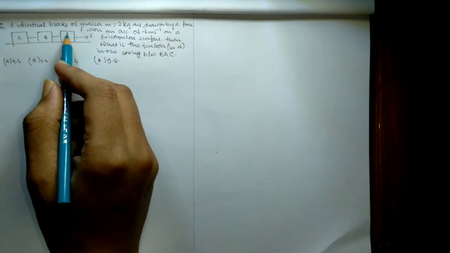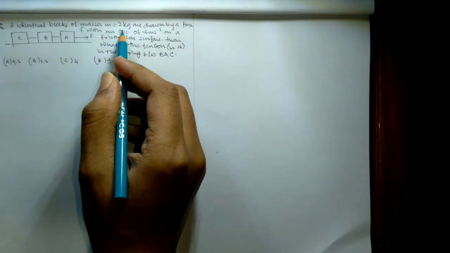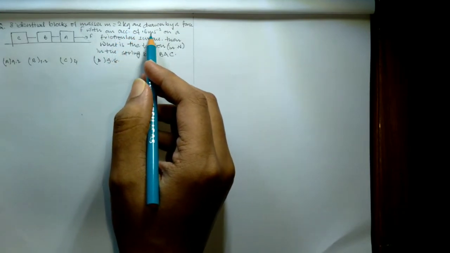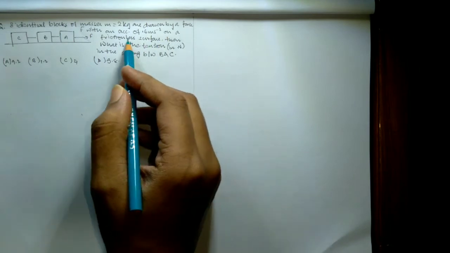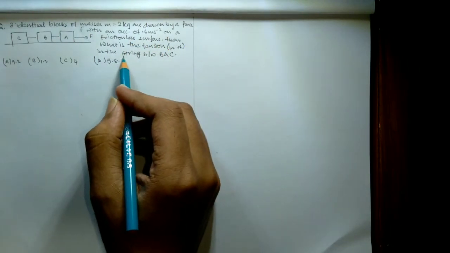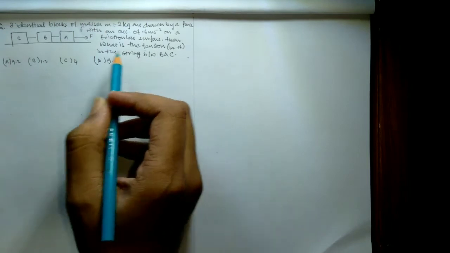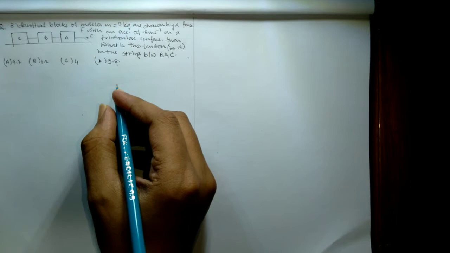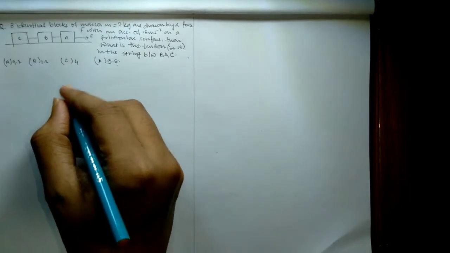Given three identical blocks of mass m = 2 kg drawn by a force F with an acceleration of 0.6 meter per second square on a frictionless surface, what is the tension in the string between B and C? Here the options are given. It's a very simple question, so I'll suggest you all to first try this question and then look for the